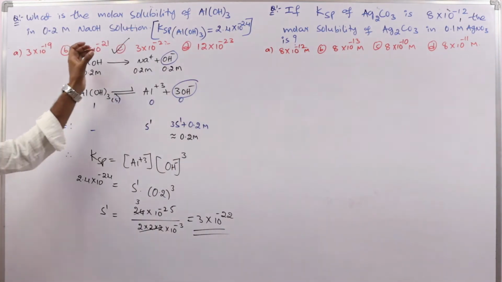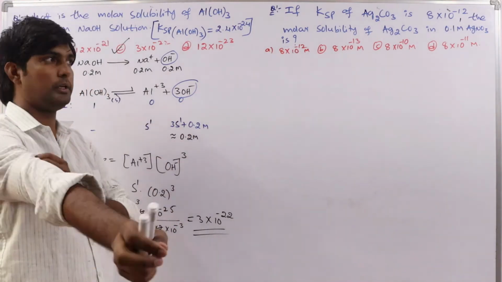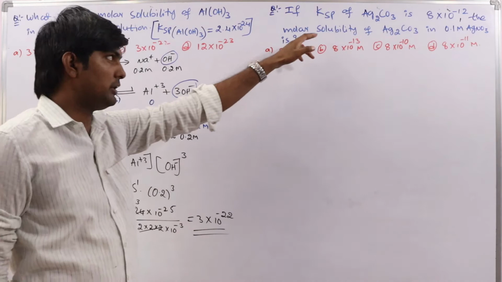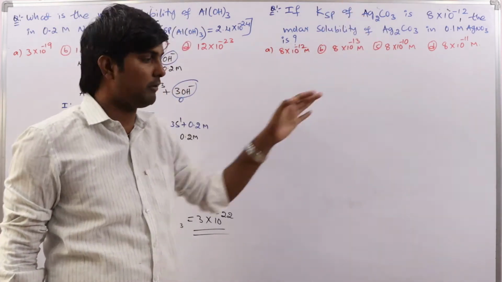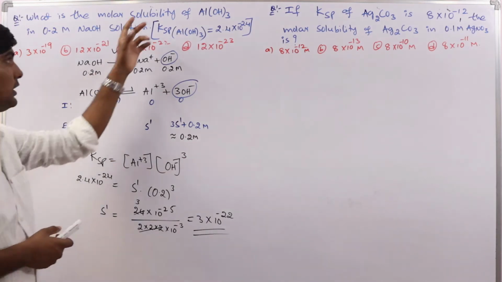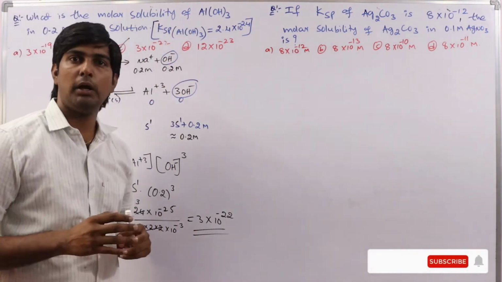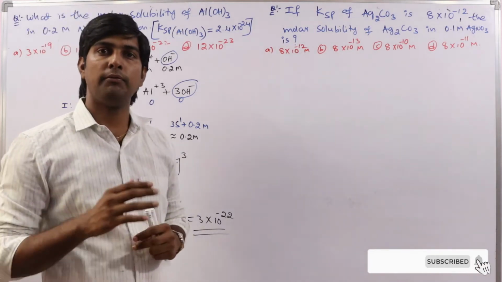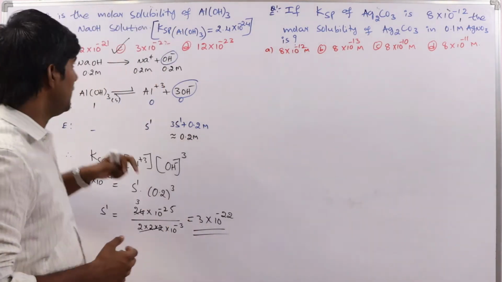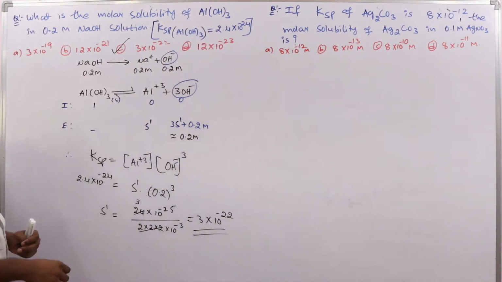Okay, so very simple, and this is also very important. So many times questions were asked. If you observe this one, this is the same concept that we discussed now. What is the thing you have to do in this type of problems? What is the concept involved? We have to calculate the solubility of a weak electrolyte in the presence of a strong electrolyte. This is weak. Its solubility we are going to calculate in the presence of a strong electrolyte.